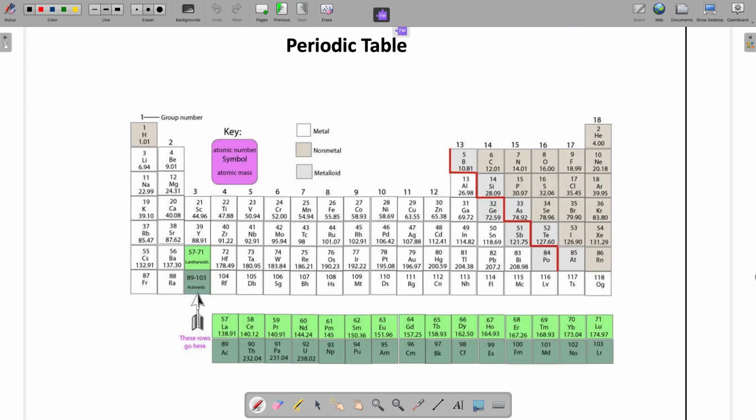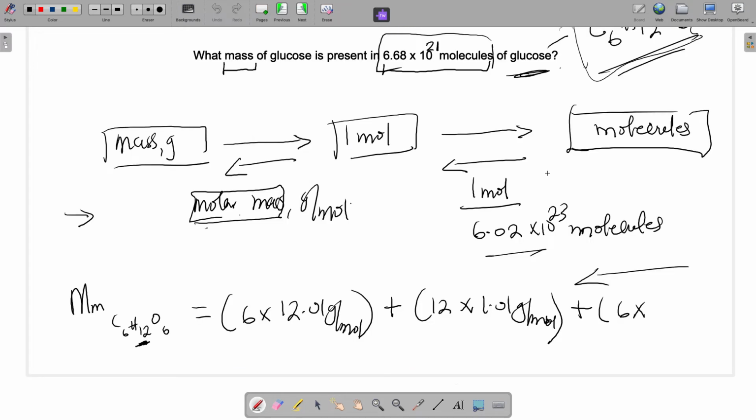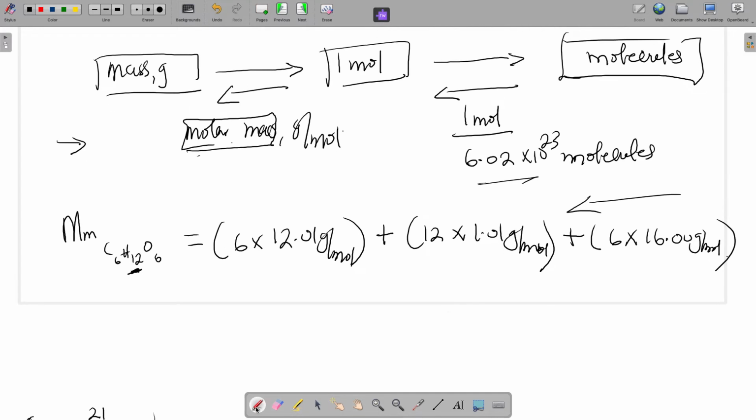So oxygen is over there. So 6 times 16.00 grams per mole. So we multiply and add everything. Once we multiply this, we'll get